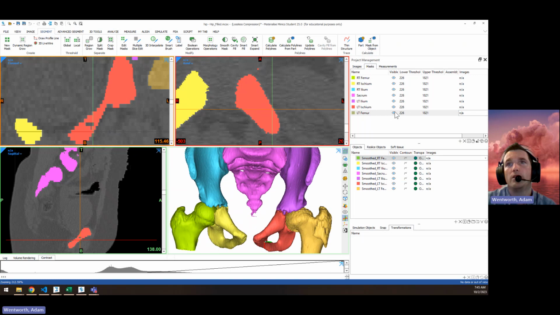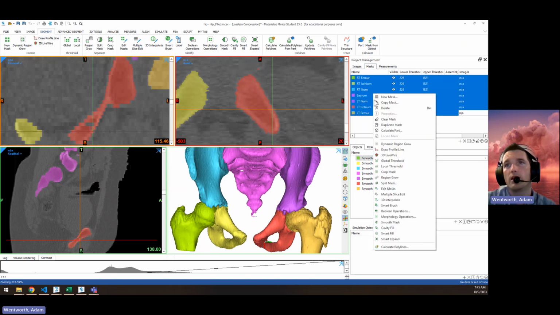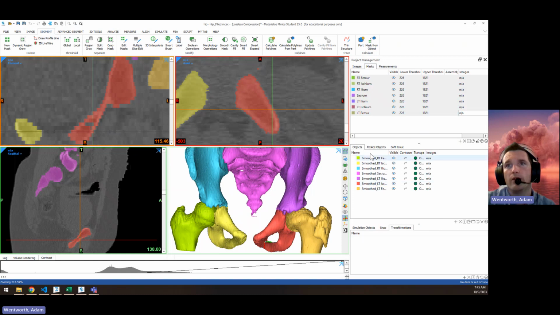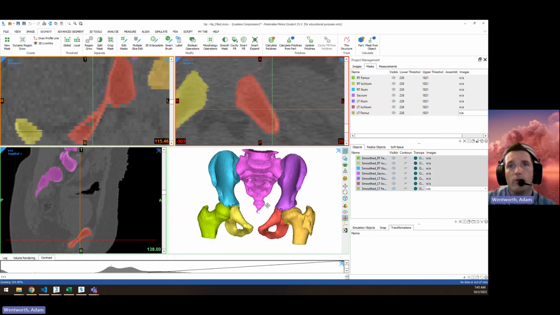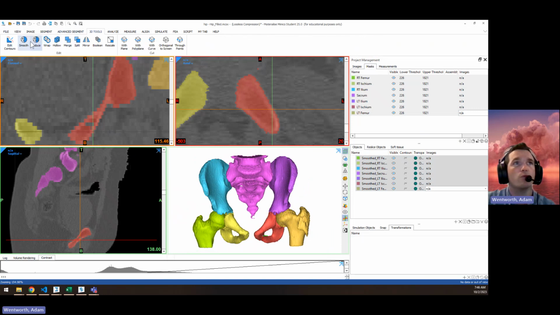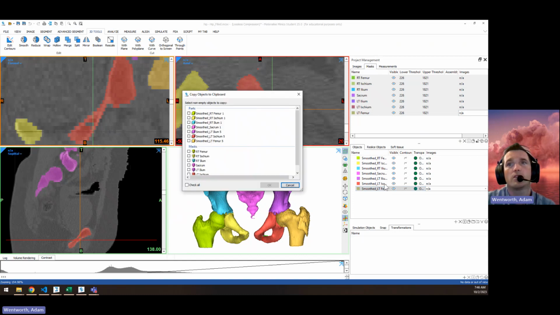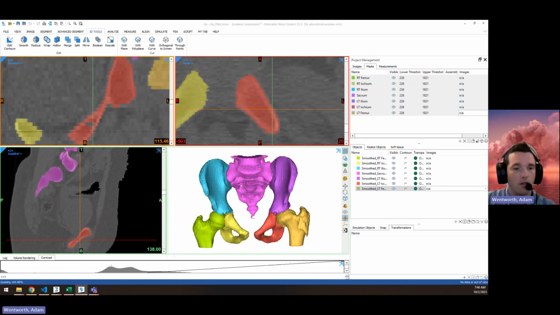So these bones have been calculated into parts. So we just highlight all of those, right click and do calculate part. That will put them down here. We've done a smoothing operation in here as well through the 3D tools menu, and you can do a reduce and a smooth if you want to. Not necessary. You can just hit Control C once you've got those objects down here, and you can just highlight all of these. Just check off your parts, click OK,